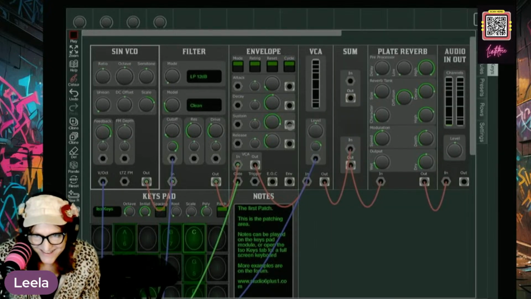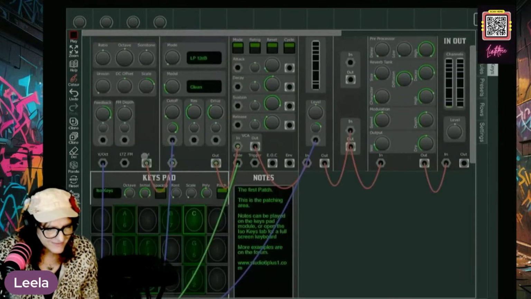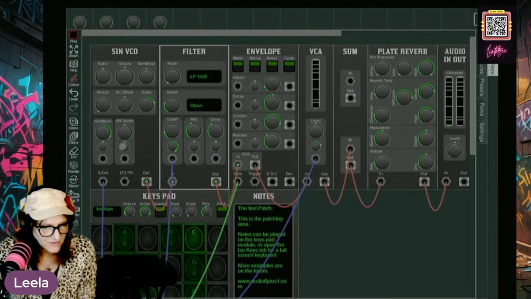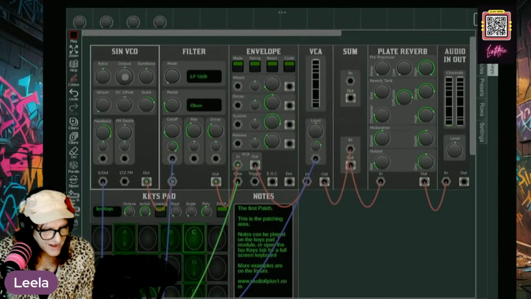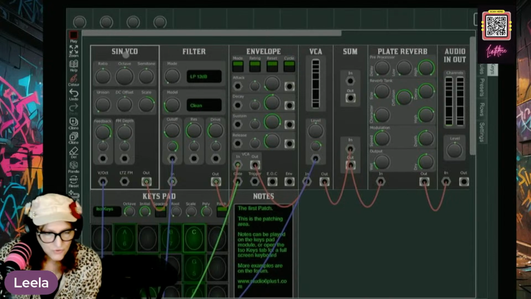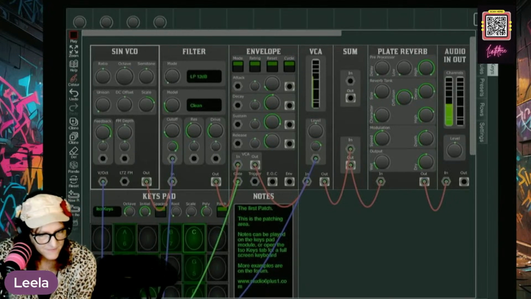All right. Now, if I wanted to, we could go back, but let's check out all the things that go from place to place. So starting at the upper right hand corner. This is a VCO. This is a voltage controlled oscillator, which is a sound generator.